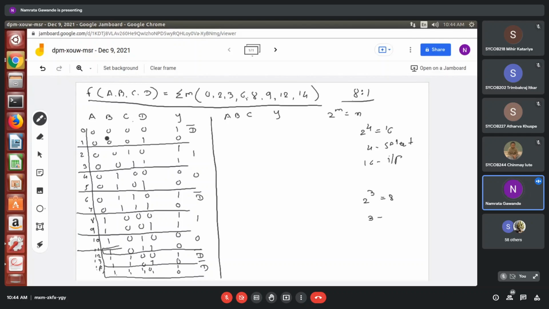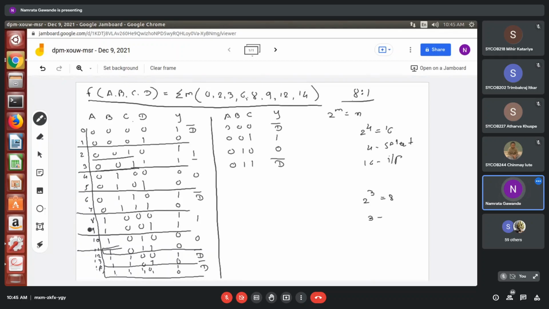As I know, here you can see 0, 0, 0, these 3 bits A, B, C variables remain unchanged. So for 0, 0, 0, what is the output? I am getting D bar. Then 0, 0, 1. What is the output? 1. Then 0, 1, 0. What is the output? 0. Then 0, 1, 1. What is the output? D bar.